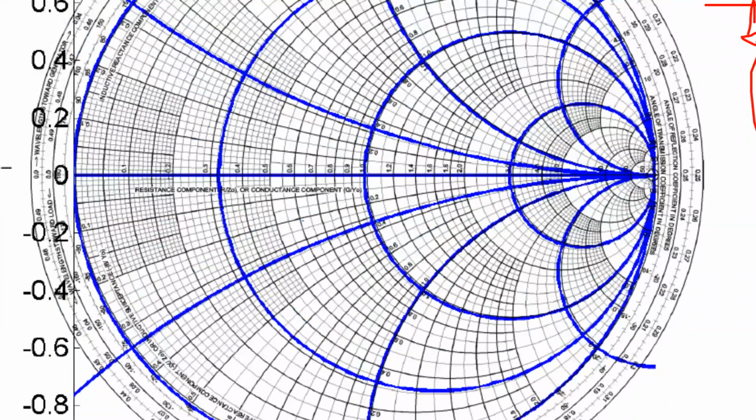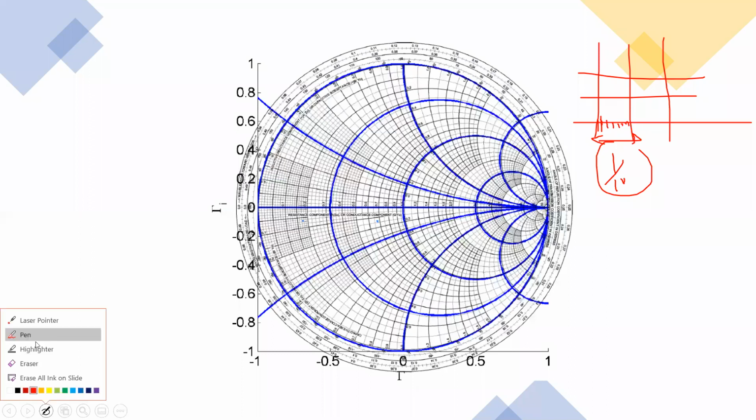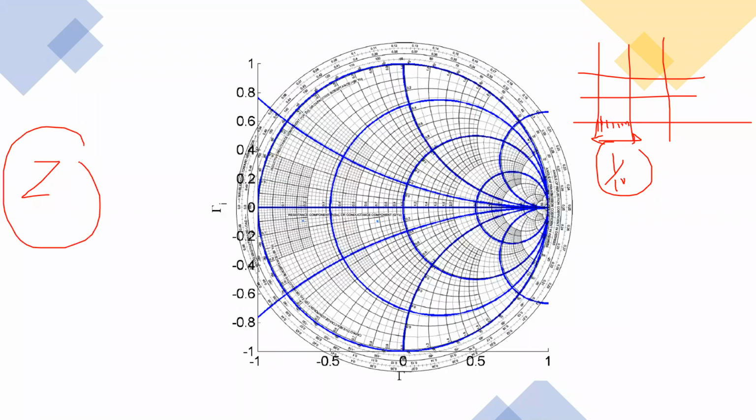Now, in resistance I don't have any other specification, but in reactive components I have two things: one is the inductive component and one is the capacitive component. So whenever you are considering the impedance representations, say you are considering the impedance parameters, you use these to mark the points or plot some of the aspects associated with the Smith chart.